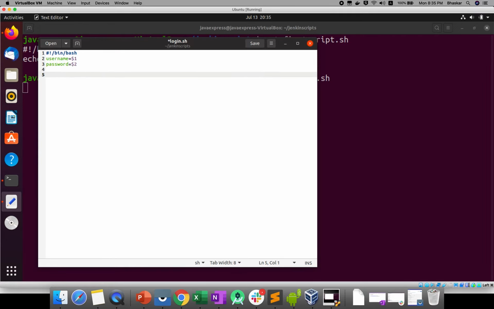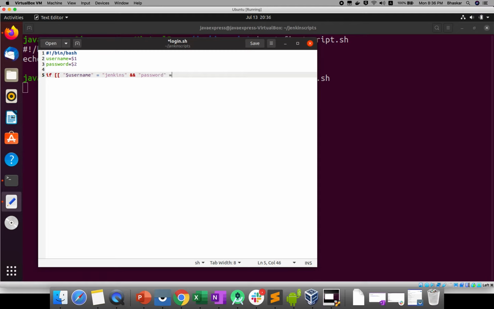Now I will write an if condition in the shell script. I will check my condition: $username equals Jenkins, and operator, and my password.